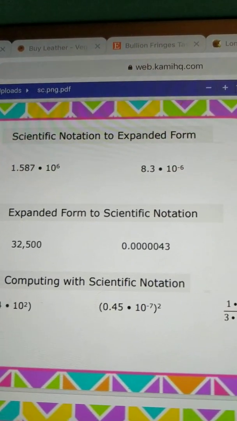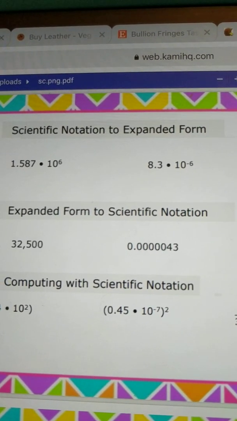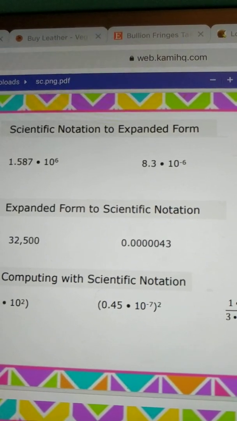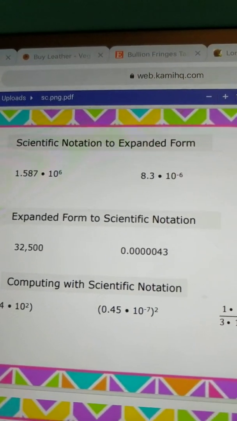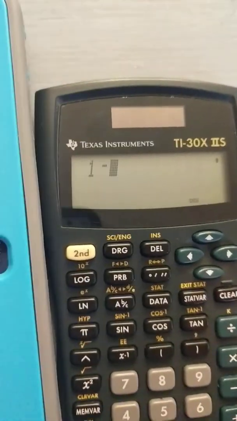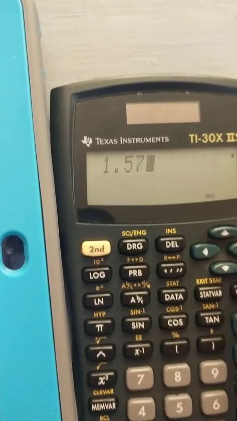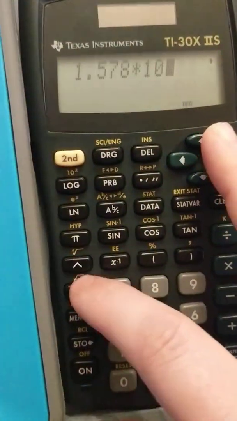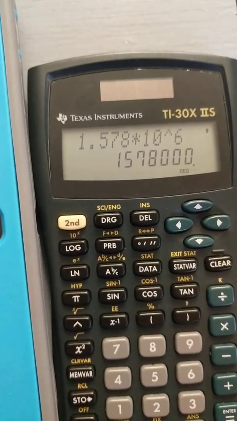Okay, so our first problem here is talking about scientific notation to the expanded form. This one is 1.587 times 10 to the 6th power, which is in scientific notation. If we want to turn it back into expanded form, that means we're going to add all our zeros back to it. So if you have your calculator, you're just going to put in 1.578 times 10, push your little up key here, to the 6th, okay, and then that gives us